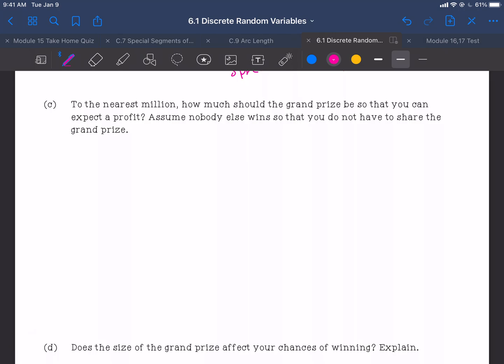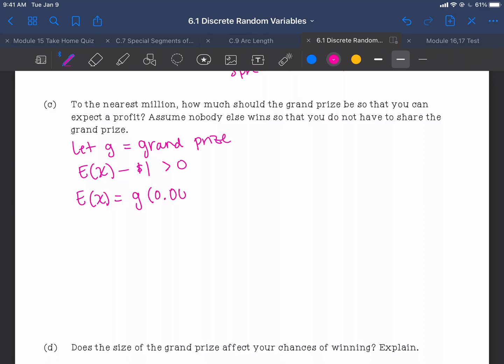So part C, to the nearest million, how much should the grand prize be so that you can expect a profit? Assume nobody else wins so that you do not have to share this grand prize. All right, so let's let G represent the grand prize. So we want the expected value minus our $1 pay-in to buy the ticket to be greater than 0. So we're going to use our expected value formula. So we're going to take the grand prize, which is G, times the probability of winning the grand prize,